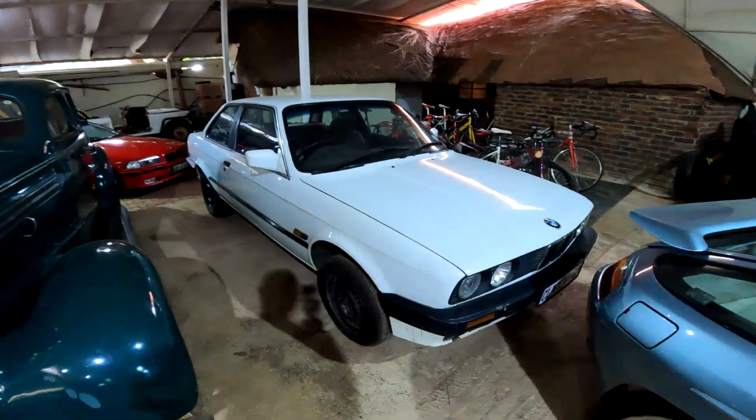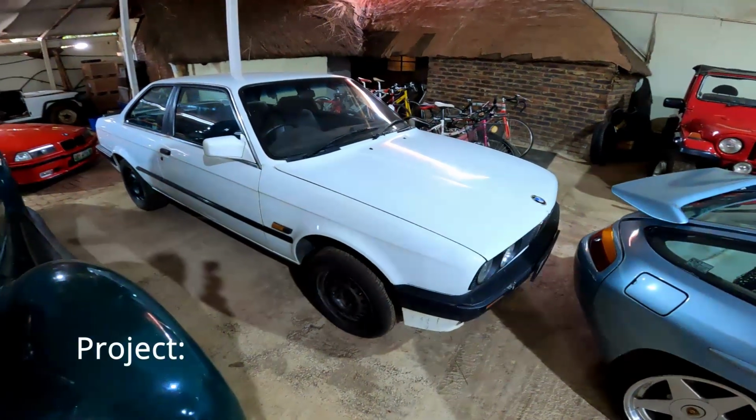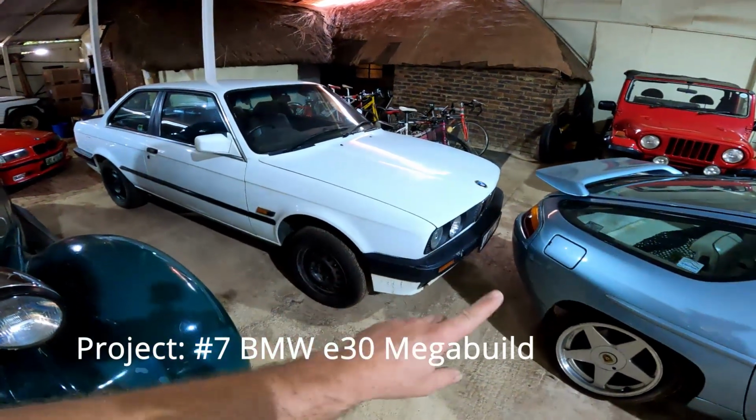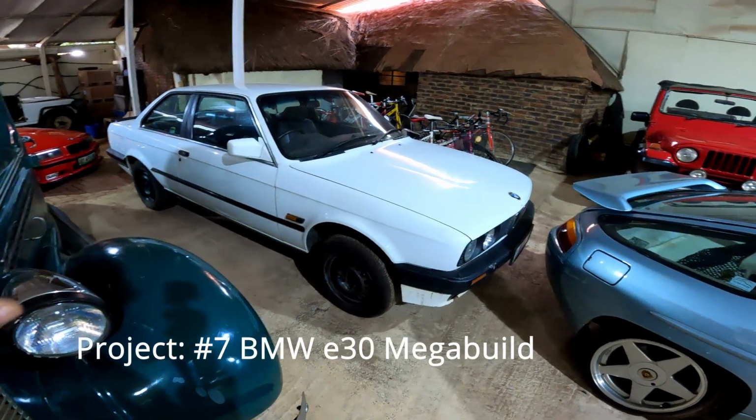Guys, this has got to be the one thing that I'm looking forward to most. This is an E30 two-door BMW. It's got the newer shaped plastic bumpers and the larger rear brake lights. I call this my Eleanor